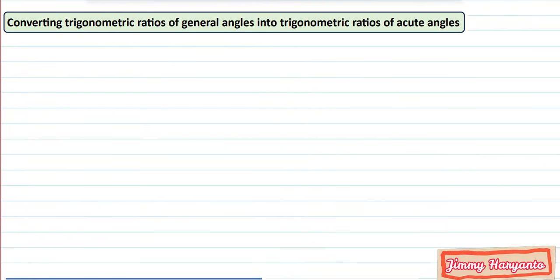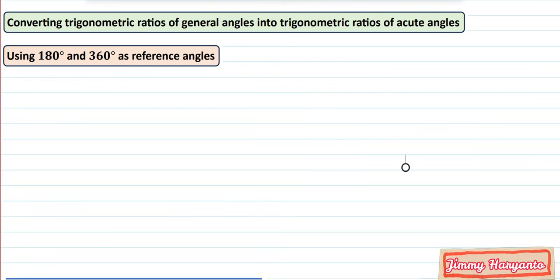And then next is to find the value of trigonometric ratios of general angles. You have to change the angles into acute angles. Let's say you want to find sine 150 degree, you have to change the trigonometric ratios of 150 degree into trigonometric ratios of acute angle. Okay, I have an example like this. First I want to teach you how to use 180 degree and 360 degree as the reference